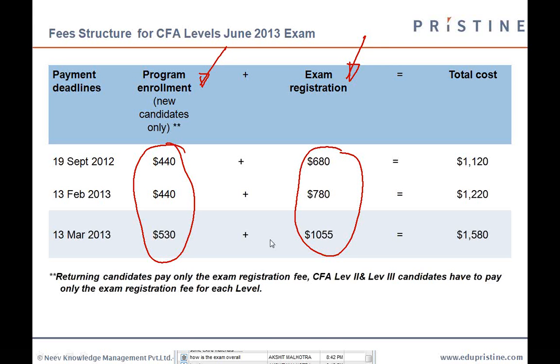Especially when it comes to CFA and FRM, most likely you are studying while working, and therefore it's very important to have a good work and study balance in your life. As long as you're able to achieve that, I don't think the CFA or FRM exam by itself is that difficult or untouchable. In fact, every year the majority of CFA and FRM graduates come out of the Asia Pacific region, which is India, Australia, China, and these places. So we as such are meant for writing these kinds of competitive exams.